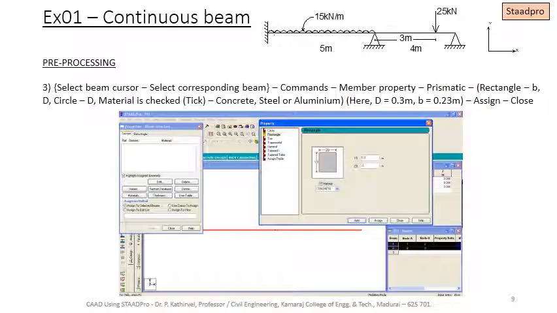So from this material the Young's modulus is taken, and from the breadth and depth of the section, here given as 0.23 meters by 0.3 meters, the moment of inertia or the geometric property I value is arrived at by the software. So both the parameters for analysis, E and I, are fed in this step. Click assign and close.